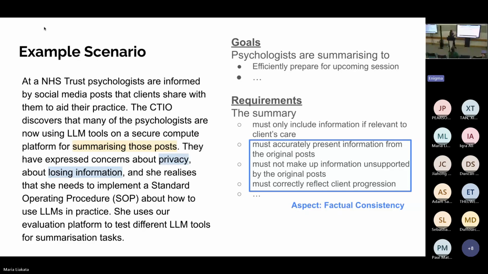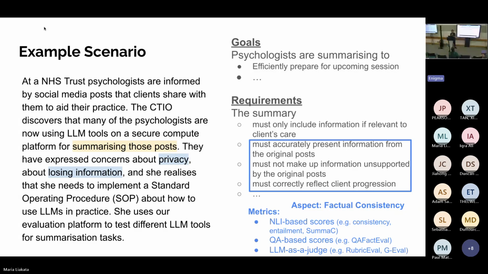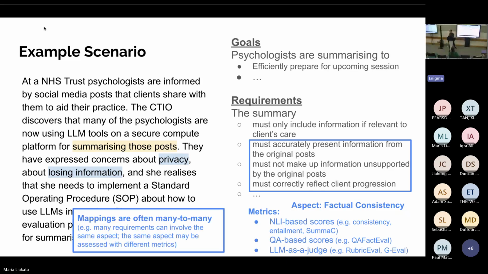And importantly, multiple requirements might be related to the same aspect. In this case, there are different requirements that relate to the aspect of factual consistency, which can be measured from an NLP angle with metrics such as ones that appeared in previous presentations today and some that Sebastian will show on the evaluation platform.